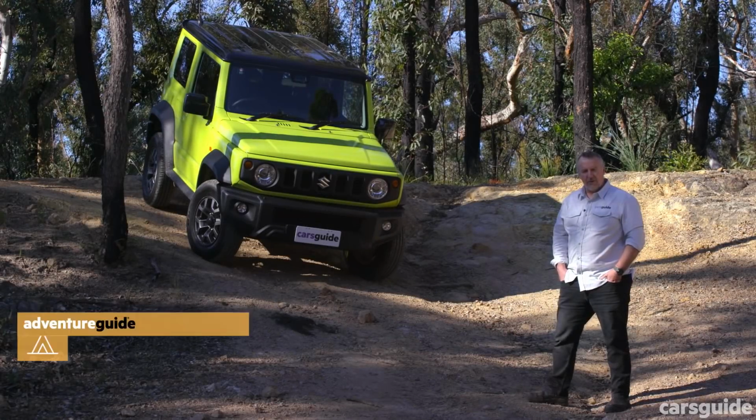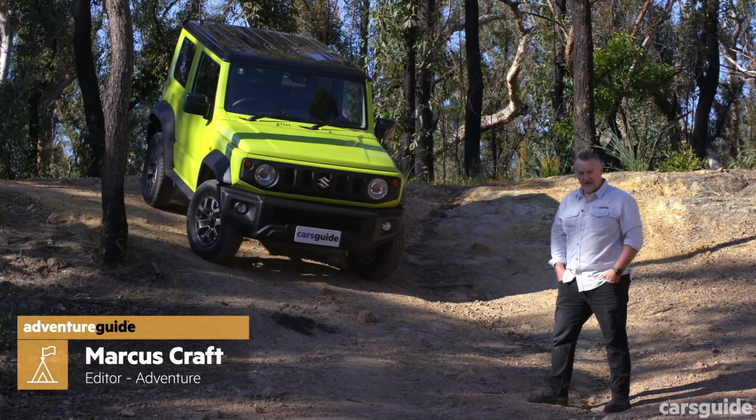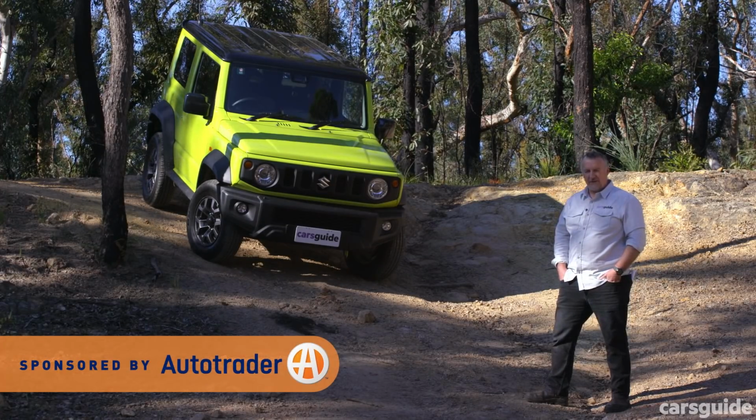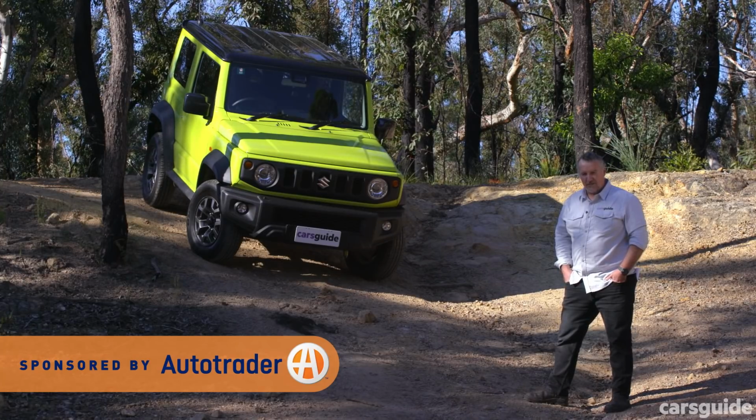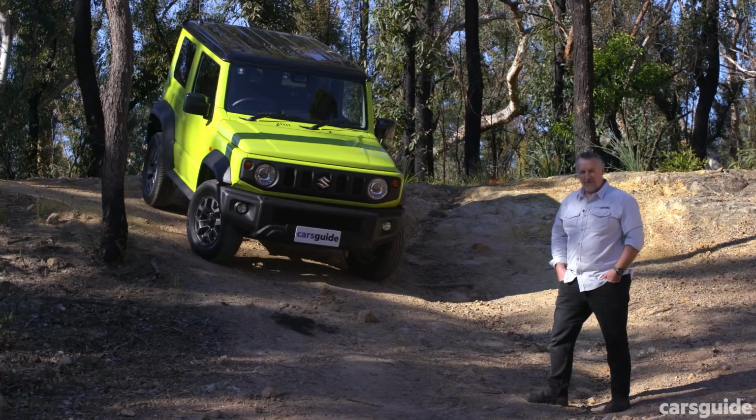This little four-wheel drive behind me really doesn't need an introduction, but I'm going to give it one anyway. It is, of course, the Suzuki Jimny, and people just can't get enough of the thing. Demand in Australia has been through the roof, and Suzuki is working very hard to get through that backlog of